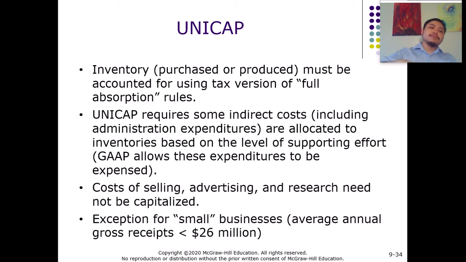So the range of items that need to be capitalized under UNICAP is larger than under GAAP, right? And one thing I want to point out is that the UNICAP rule is only applied to larger businesses,